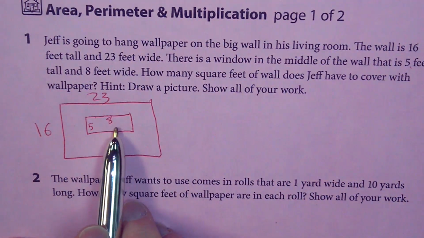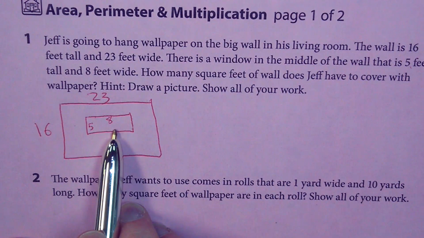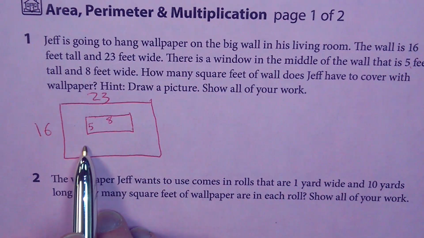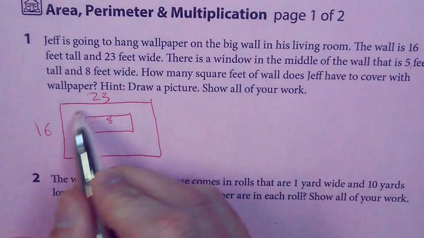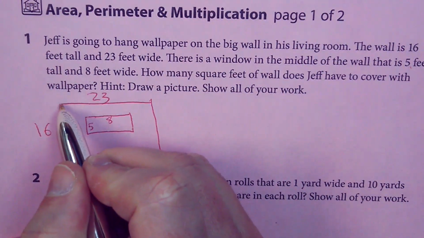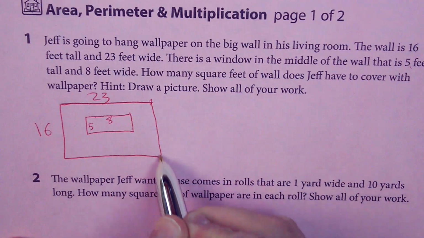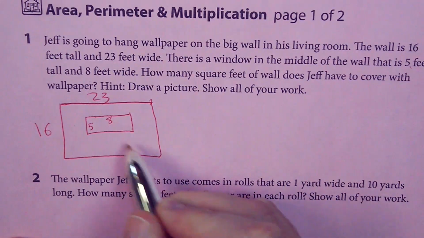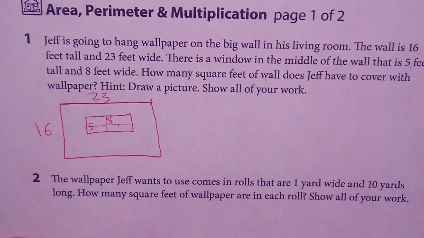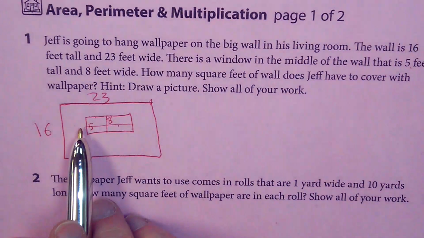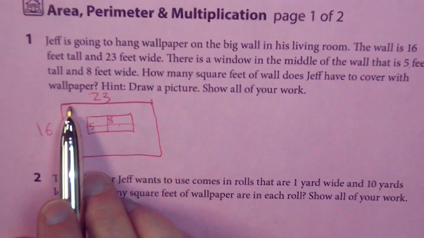Well, we're not going to put wallpaper on the window, are we? And we cover things using area, right? Because it's like how much paper will cover it. Otherwise, perimeter goes around. We're not going around. We're going to put paper all over this except for the window. Then maybe I'll do a little mark there so it looks like a window. There we go. So, looks like we need to figure out maybe the area of the entire thing and then